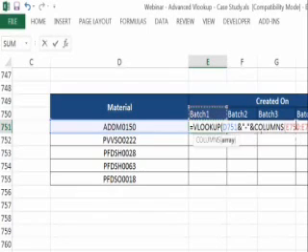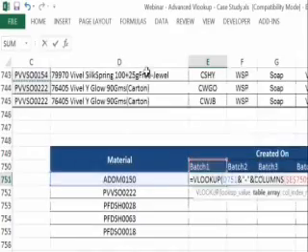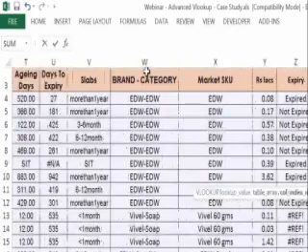And fixing the first part of my range so that when I copy paste, the first part remains there and only the next portion of my range keeps on moving. This becomes my lookup value. Then we are talking about the table array. Table array is going to be the table on the top, this entire table, comma,